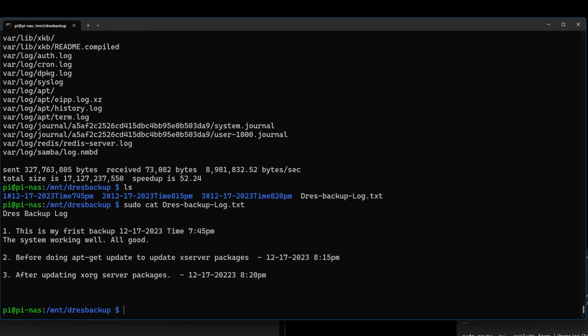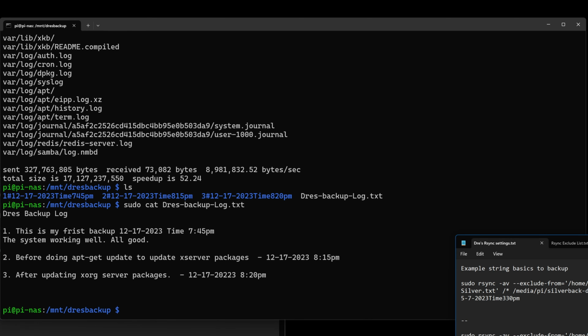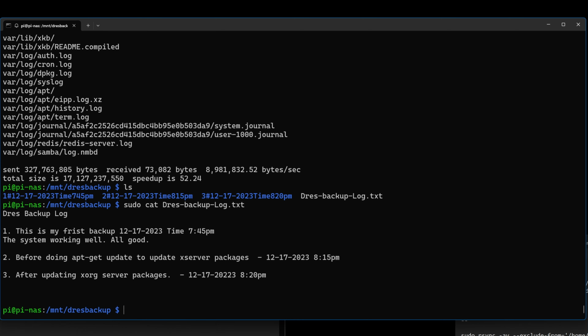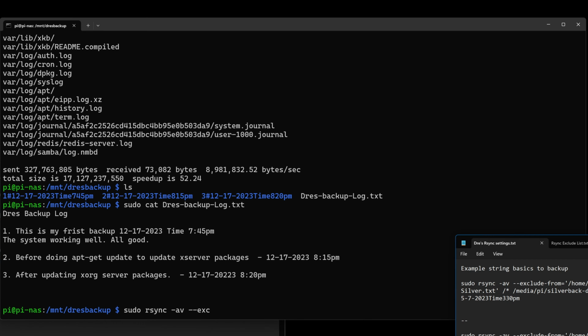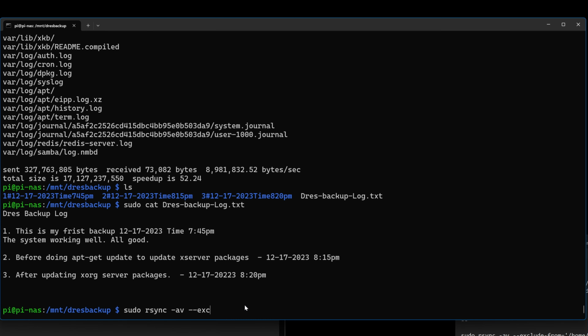Using one of my reference notes, let's restore from incremental backup. You want to do that by doing sudo rsync. Same thing, it's -a and -v, and then we want to do --exclude-from. You can ignore this progress part. Progress is the same thing as v, by the way, verbose. So --exclude-from,